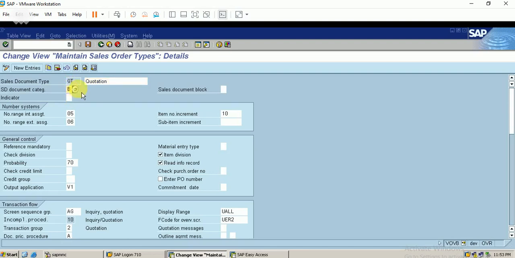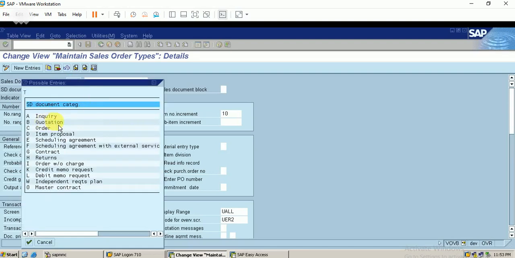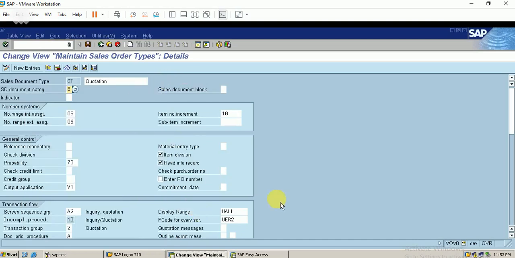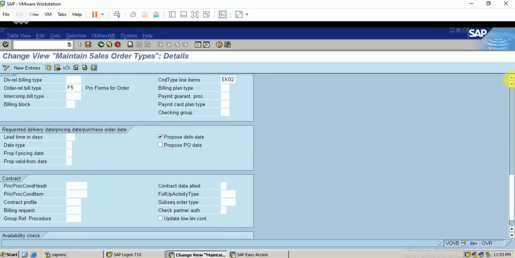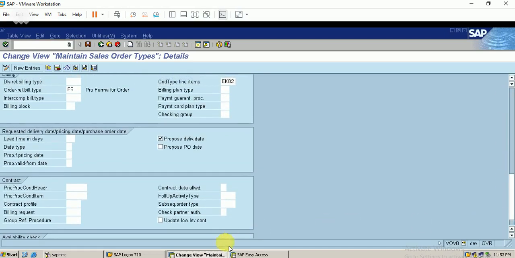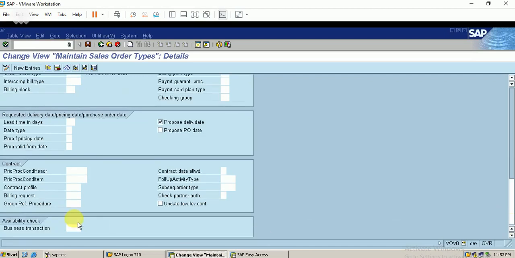The document category relevant to quotation is B. Here in the quotation also, we need not configure any delivery terms, there is no movement type associated with the quotation, and the availability check is not configured.